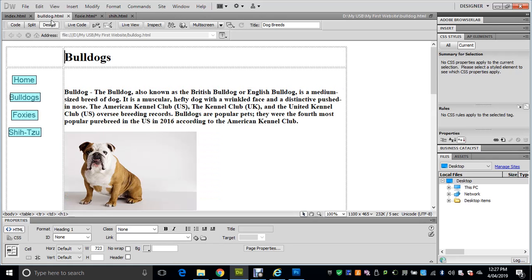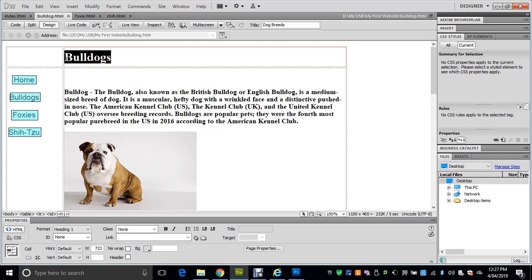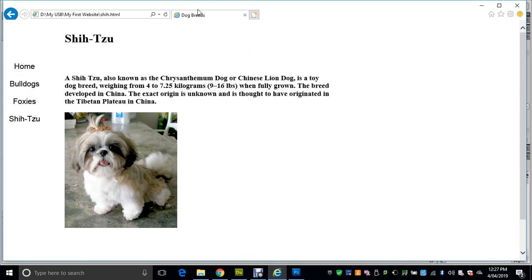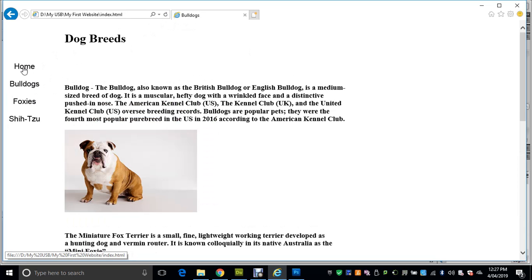for Bulldogs, I didn't save that one, Control S to save, Bulldogs, Control C, Control V, press enter, and Control S. One more quick check to make sure that's now working. So it becomes Shih Tzu, Foxys is Foxys, Bulldogs, and the home page which is dog breeds. Okay,